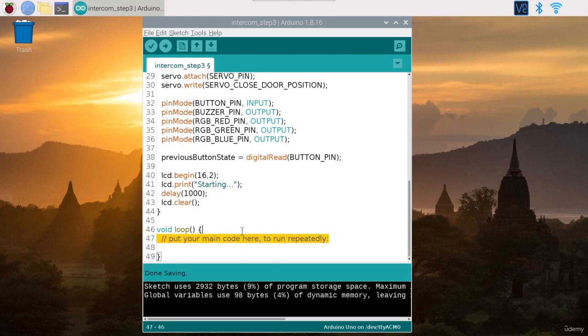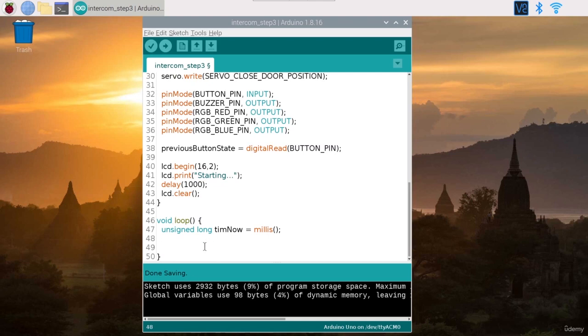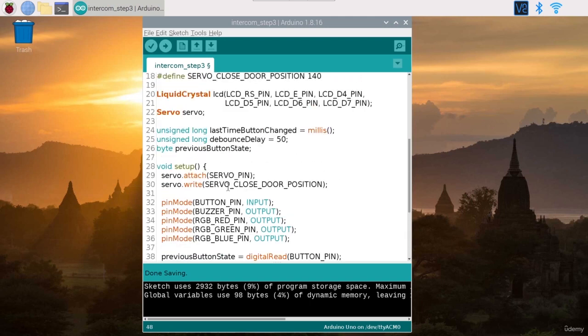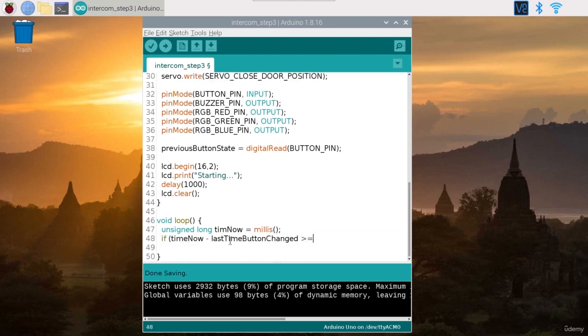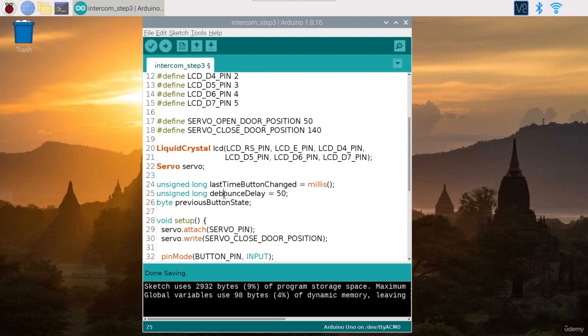Now in the void loop, we can read from the push button, but before we read from the push button, we're going to do the debounce mechanism to be sure we can read from it. So unsigned long time now is equal to millis. We get the time every time we enter the void loop, which is going to be pretty fast. If the current time now minus the last time the button state has changed is greater or equal than the debounce delay,